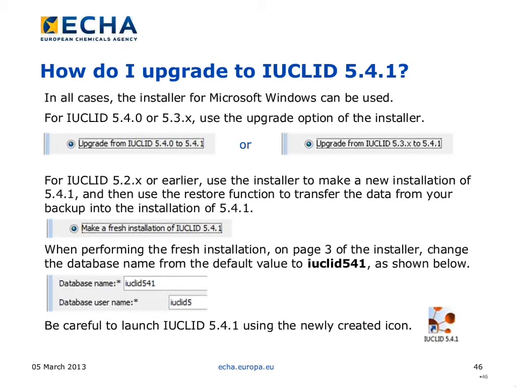You can use the installer for Microsoft Windows for this purpose. For IUCLID 5.4.0 or any version of IUCLID 5.3, you can use the upgrade option of the installer, as you see on the screen. If you're using a version older than 5.3, so any version of 5.2 or earlier, then